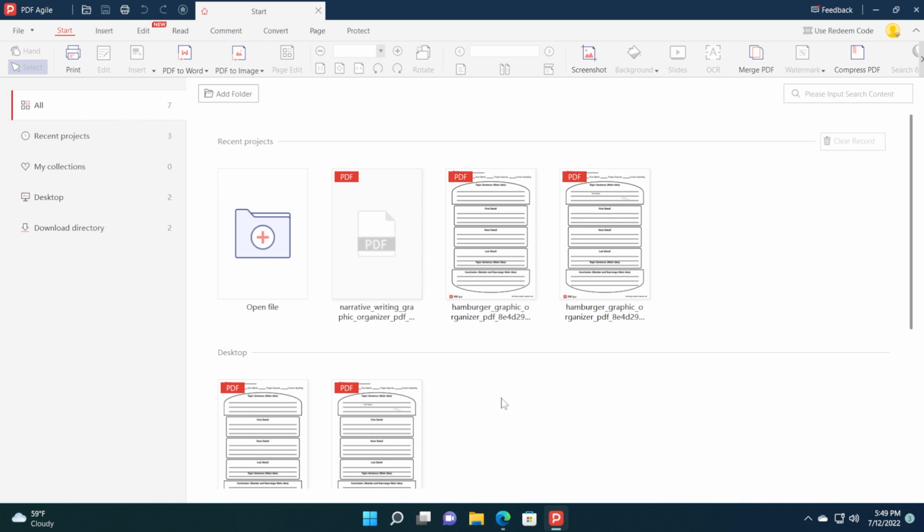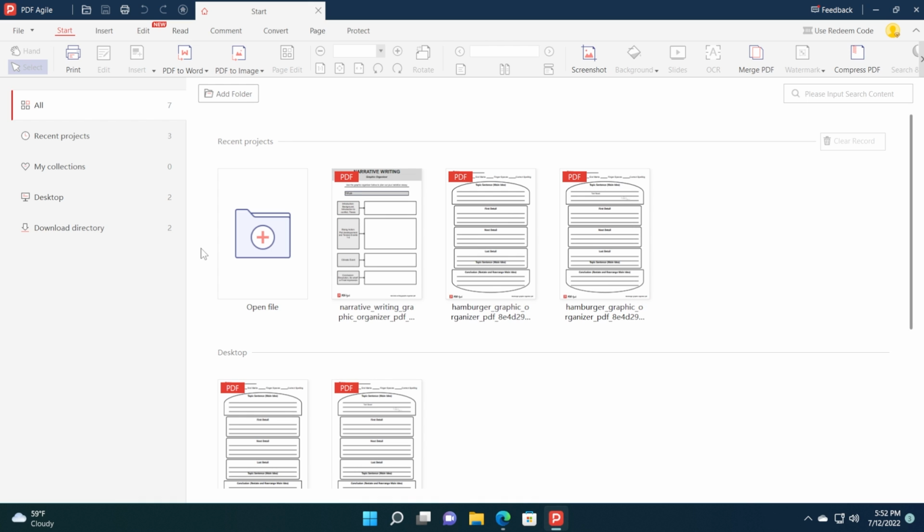As I said at the beginning, PDF Agile is a very powerful tool that will allow you to edit, convert, create, read, comment, annotate PDF files, will allow you to add password protection, redact, permanently delete sensitive information, and also apply electronic signatures. Besides that, you have a lot of other tools that you can use to compress, merge, split, extract text from images, crop, rearrange pages, and so on. We're going to talk briefly in this video about the most important features and what you can do with PDF